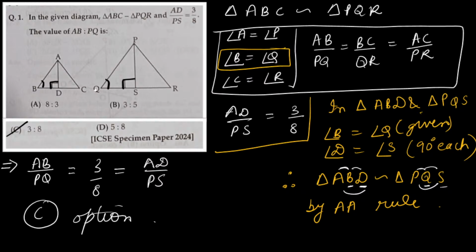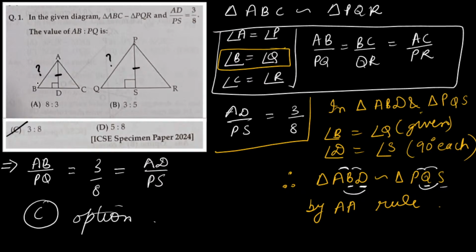So what we did in this question, I'll just do a recap. In this question, first of all, it was given to us that these two triangles are similar. So from similarity, I knew that these angles are equal and also the ratio of the corresponding sides is equal. So I considered these things in the given information. Also the ratio of their altitudes was given to us. AD is to PS was given to us and we had to find the ratio of